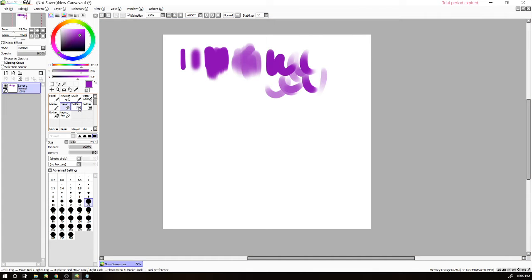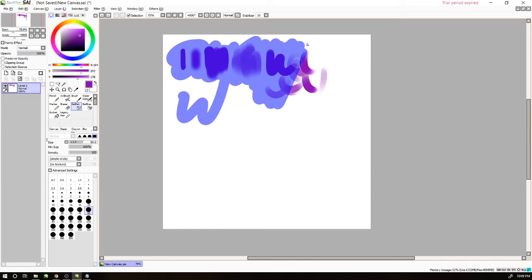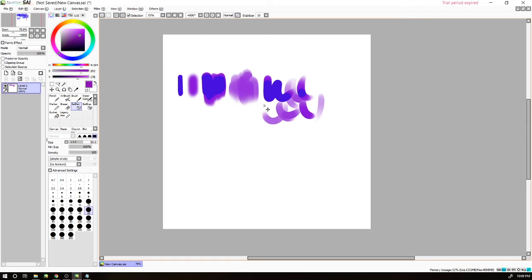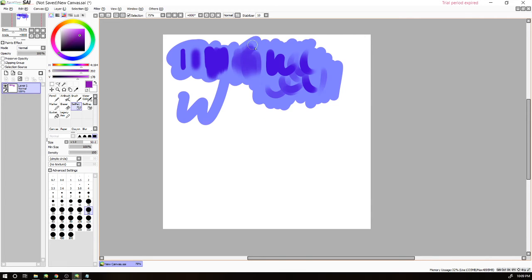And I already kind of went over the selection pen. It just basically selects whatever you draw on with this nice blue indicator. What's nice is that we also have a selection eraser, so if you don't want everything you've selected, you can actually erase